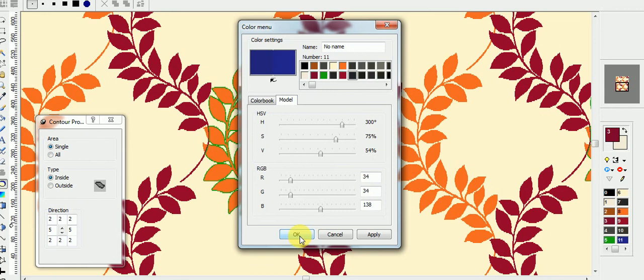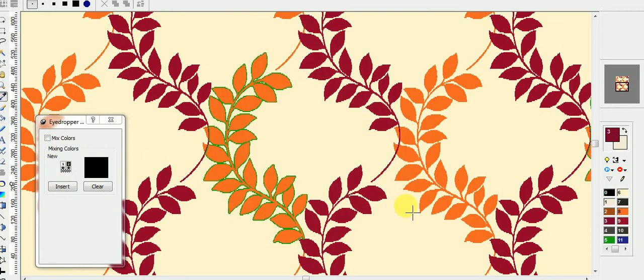In the maroon I am going to contour inside the motif. You can do outside or inside also. Select the color and just click on this. You can see this is outside and this is inside of the motif.